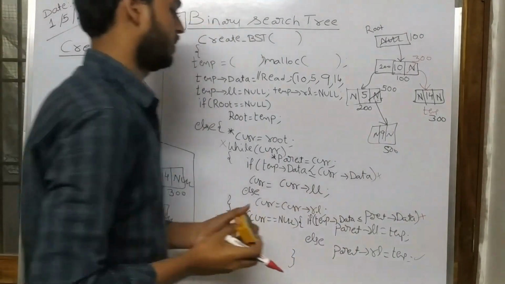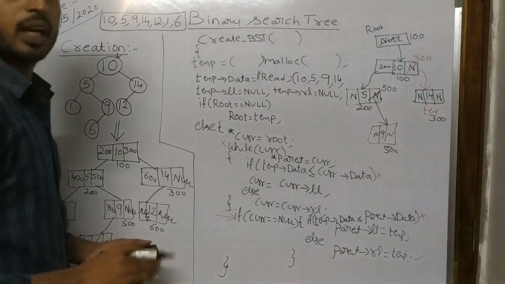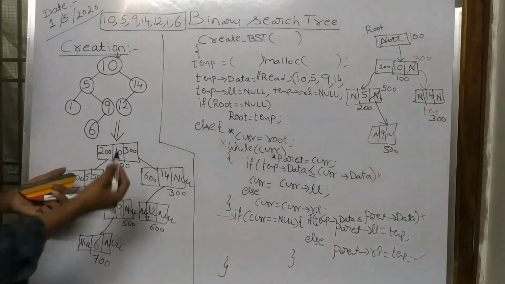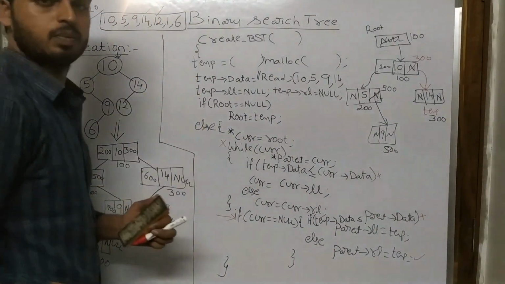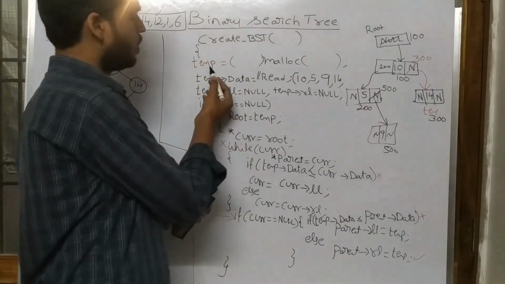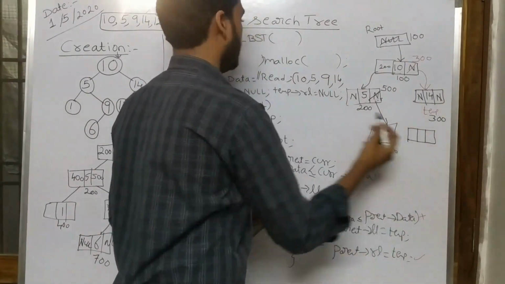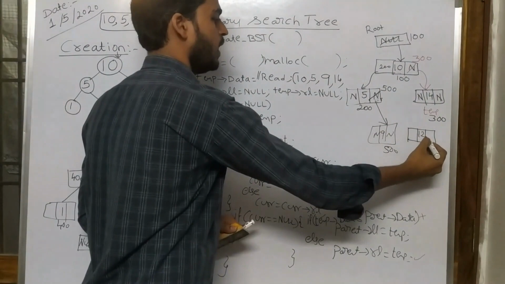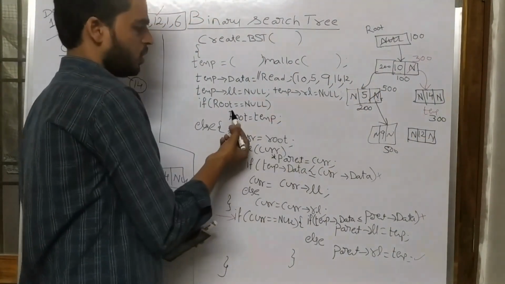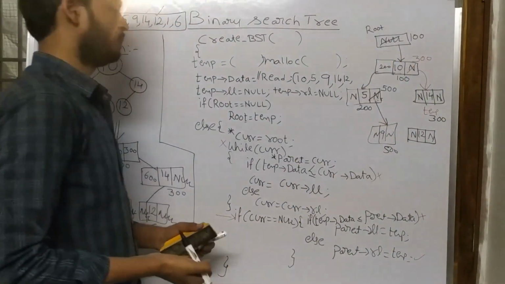Okay, fine. That's it. So this is the code to insert a node in a binary search tree. For example, let's take one more value, node 12. Once again it asks to insert node data 12. Then it is going to create a temporary node, and in that node it is going to insert the value 12. Left side is null, right side is null. So it is going to check whether it is the first node or not. It is not the first node because it already contains some positive value.